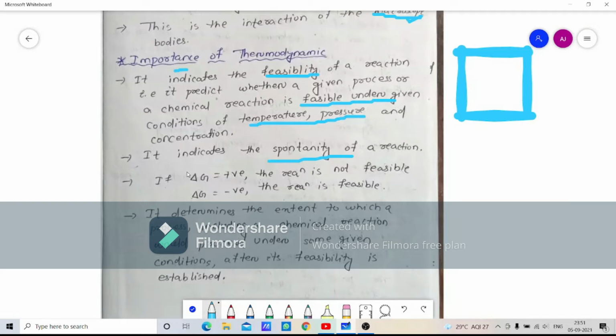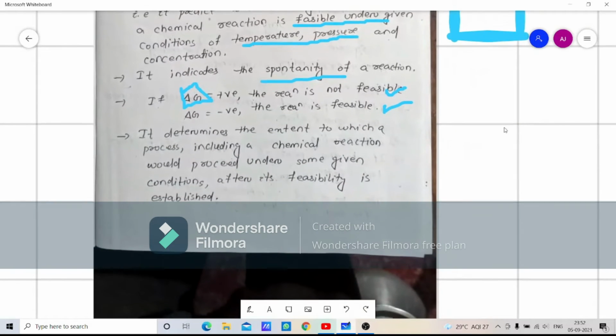Then after that, the change in Gibbs free energy, that is del G. If del G is negative, then the reaction is feasible, and if del G is positive, then the reaction is not feasible. That means the reaction will not take place. Okay, then after that,